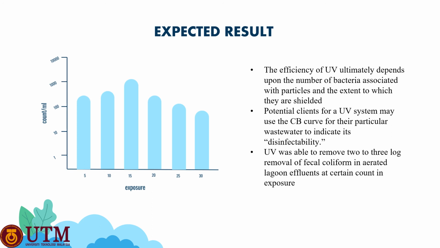Next, UV was able to remove 2 to 3 log of fecal coliform in aerated lagoon effluents at certain count. We'll see the difference in required doses for aerated lagoon. The aerated lagoon effluent will be interpreted by using statistical analysis, principal component analysis, and factor analysis. The main governing factors in this process, as deduced from the previous statistical analysis, were TSS, turbidity, UV dose, and COD for aerated lagoon